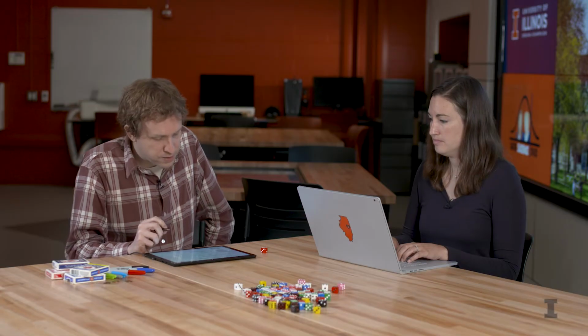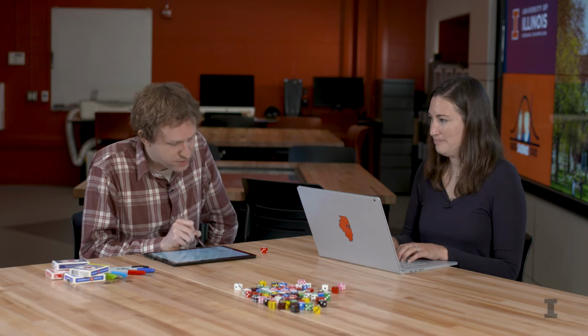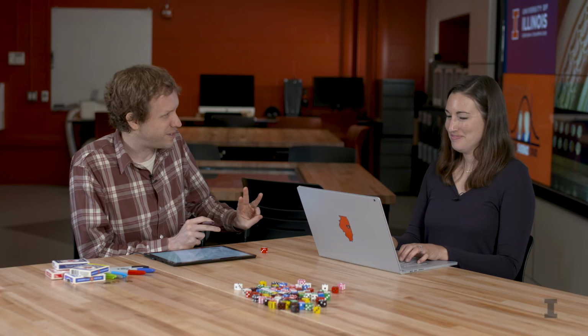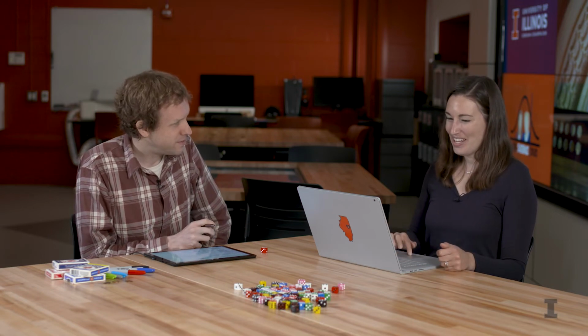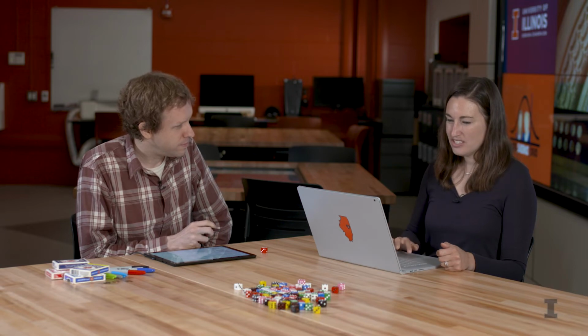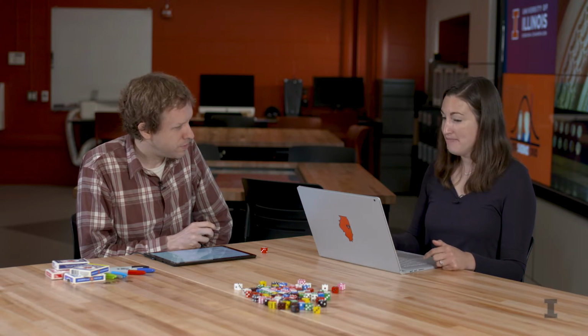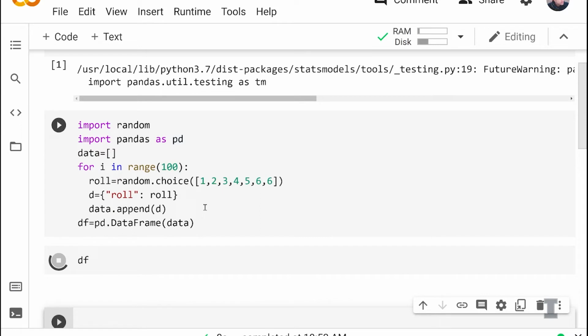So once we've got the simulation, we're using both the random library and the pandas library. So we have to have these 2 additional imports. So we're using 3 imports now just to write a simple program. And I just went ahead and ran the code, and it looks like it is good. So if we look at what DF is, I'm going to assume we see 1, 2, 3, 4s, 5, and 6.